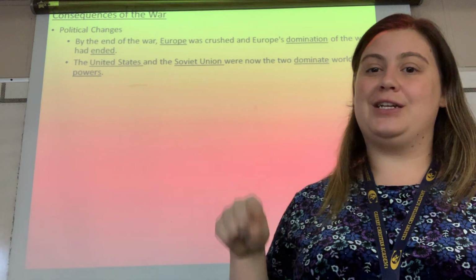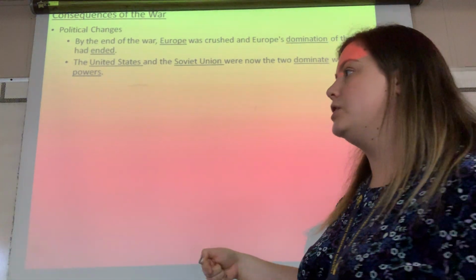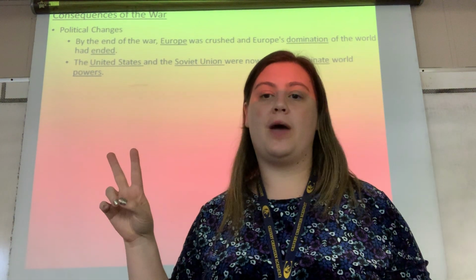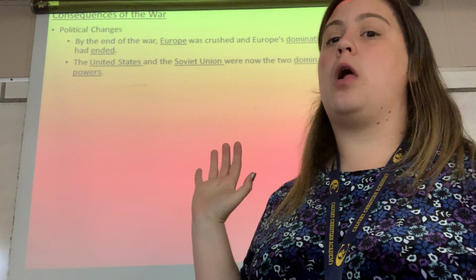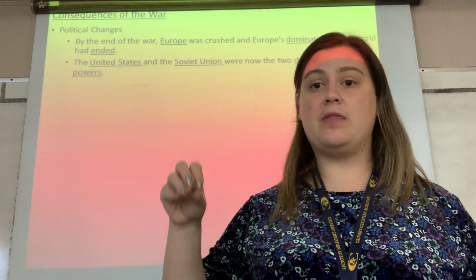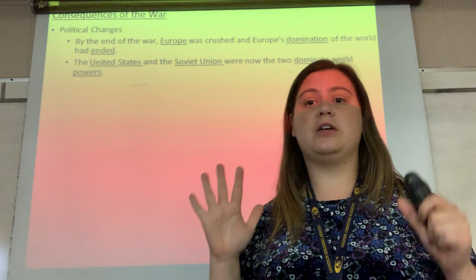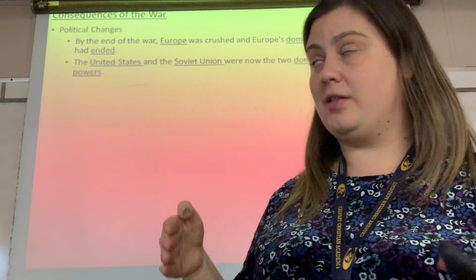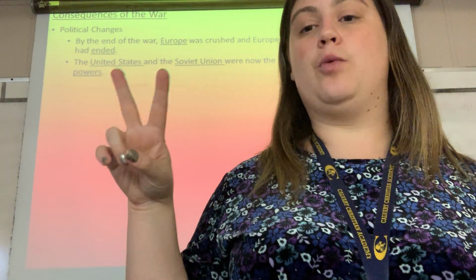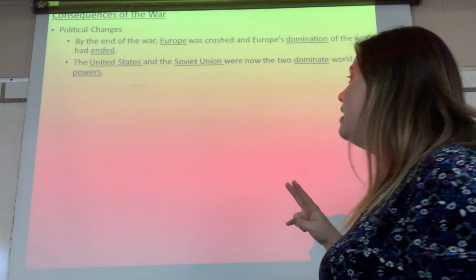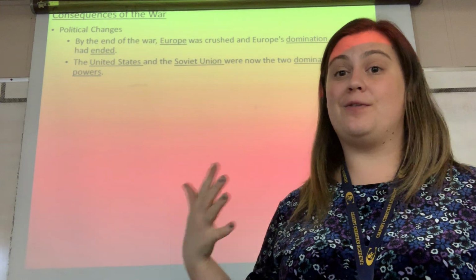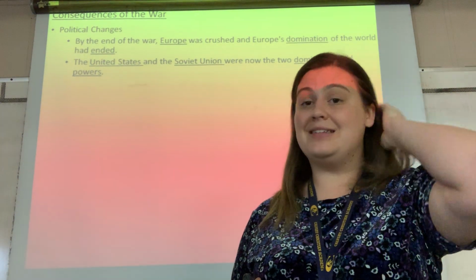This is so important for what happens after World War II. The United States and the Soviet Union were two of the major Allied powers along with Britain. Well, Britain endured a lot of destruction from the Luftwaffe, the German Air Force bombing them, and their economy was pretty much sunk, so they were not in a good place economically after World War II. So that left the United States and the Soviet Union as the two major leading world powers that had won the war. And that is going to directly impact an event called the Cold War, and that's what chapter 19 is about. I don't think we're really going to have time to get into the Cold War this year,